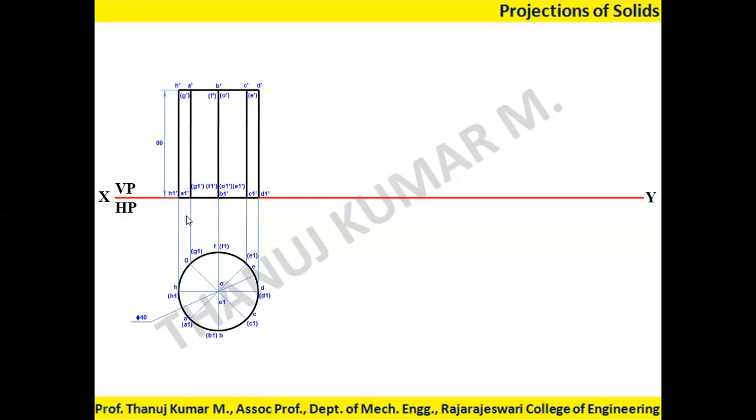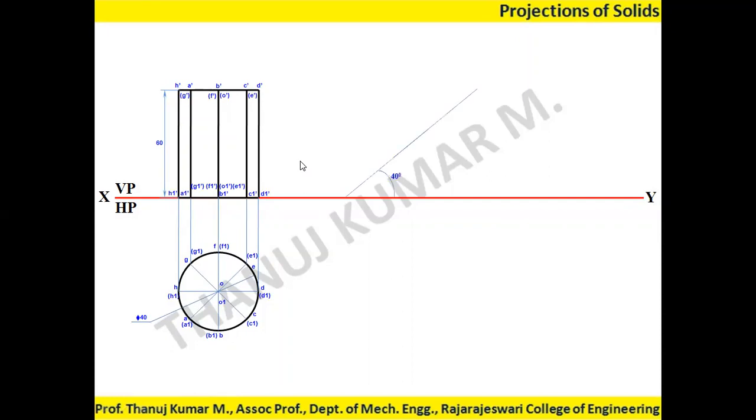The same thing should be done at the bottom also. This is how we draw the front view of the cylinder. Keep in your mind, the front side of the generators are visible, whereas the back side of the generators of the cylinder are invisible. Then as usual, we need to take the angle.